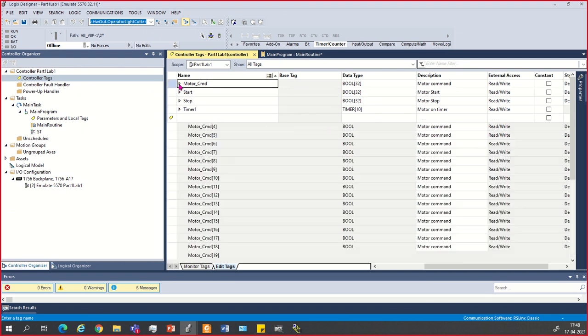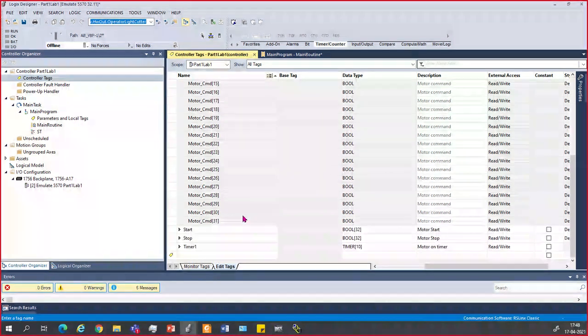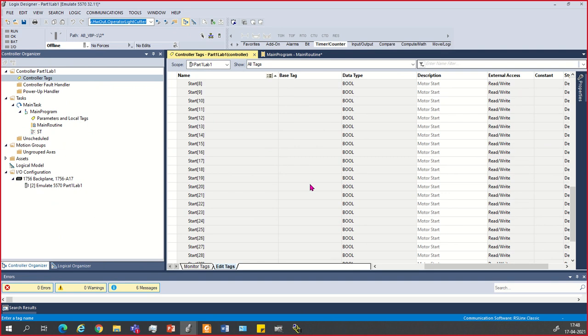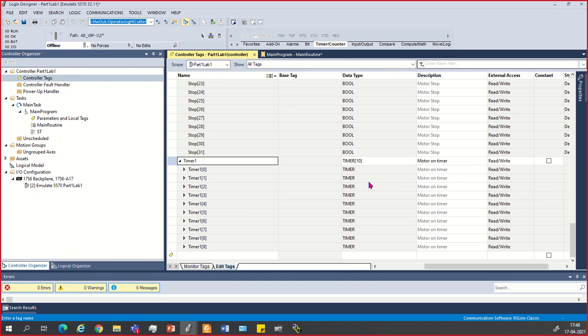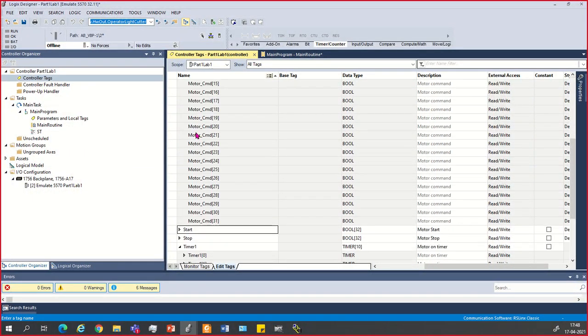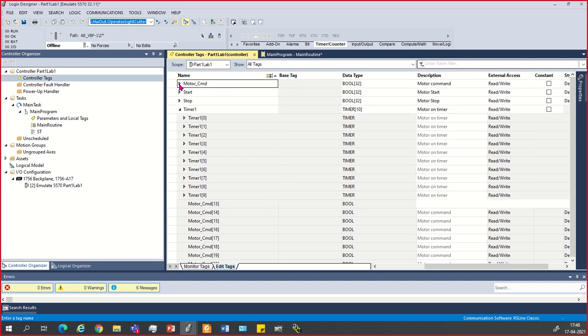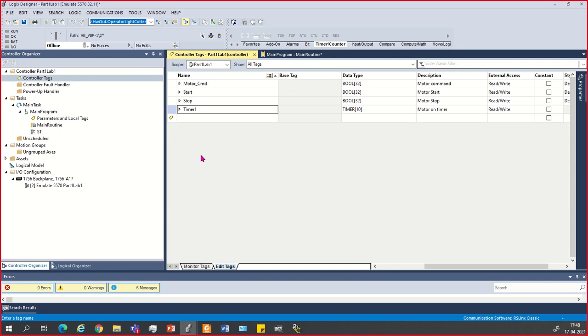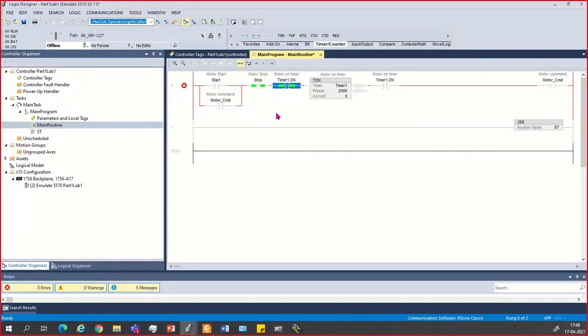Okay, now motor tags, you have 32 tags. Start button, I have 32 tags. Stop, 32 tags, and the timer you have 10 tags. Now you go here, there is no start tag available. Then you need to add your array tag, which is 0. Okay, here is also